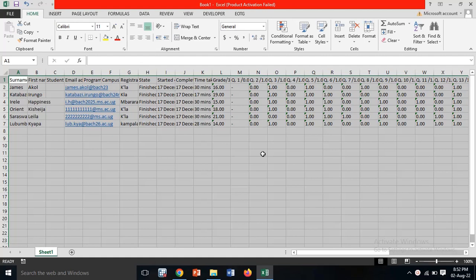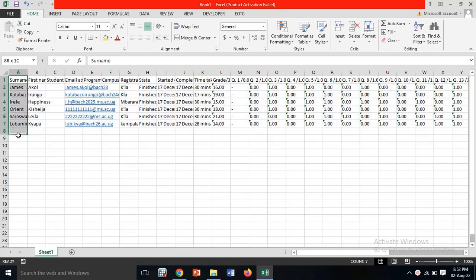Okay, so sometimes you may have a challenge because the names appear in different columns, as you can see here. The names appear in column A, first name, then I think this is surname, then the first name, and then the student number, other details are there. Now these details, I'd like to first warn you, are not real, they are fictitious, but they're just used here purposely so that you can understand how some of these things are